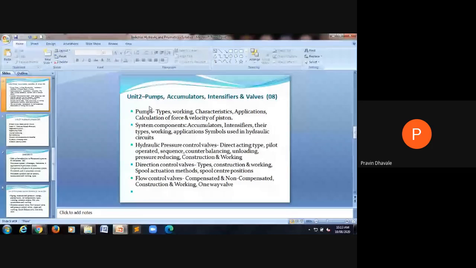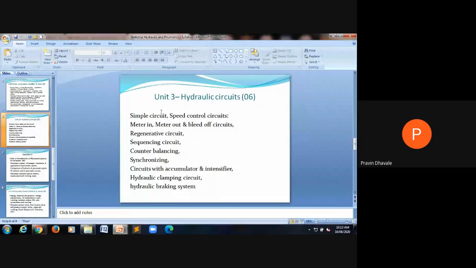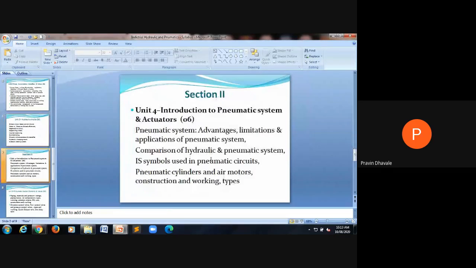Then we saw the different hydraulic circuits for particular applications. There are certain circuits that are widely preferred to perform some specific kind of operation, like the regenerative circuit and sequencing circuit. Means, in a hydraulic circuit there are n number of operations, but you have to perform those operations sequentially. Under that category, you go for the sequencing circuit, right? Likewise, we studied different circuits in chapter three, hydraulic circuits. Now the second section mainly deals with